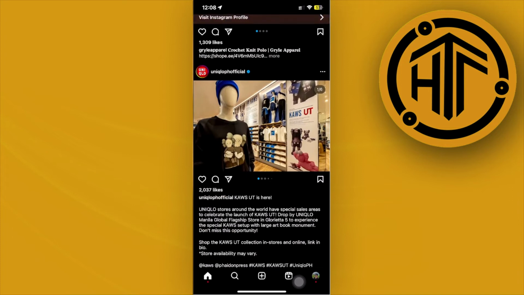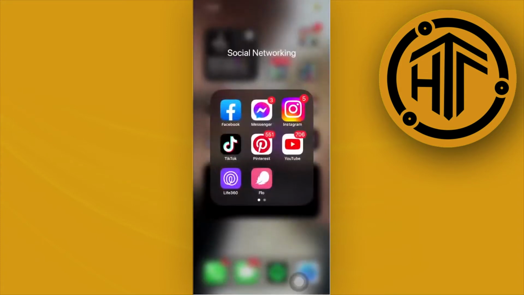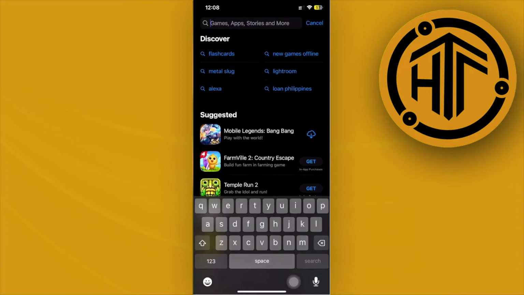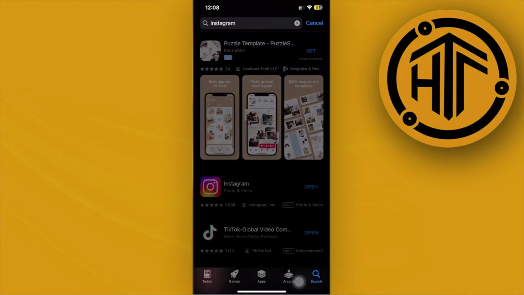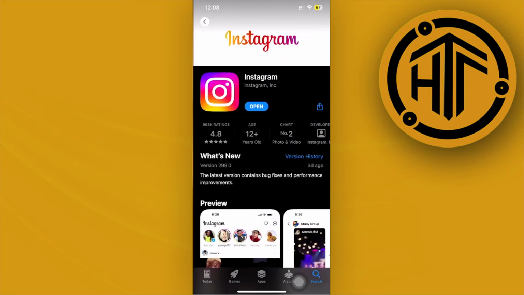Alright guys, what we need to do first is to actually go ahead and launch the App Store. Go ahead and search for the Instagram application, and I want you to double check if you are updated to the latest version of Instagram. Now, if there is an update available, I would like you guys to go ahead and update your applications to the latest version so that bugs like this would be fixed